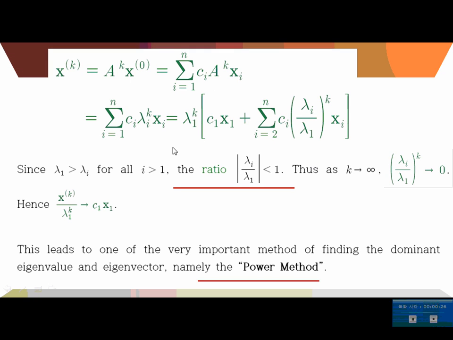using the power method, and there was an errata here, so I fixed it. Since lambda 1 is the largest eigenvalue, the absolute value of this ratio is less than 1. So after the 5th or 10th, or at most 15th power, this will dramatically approach 0. So this goes to 0. That guarantees the convergence of this power method algorithm.